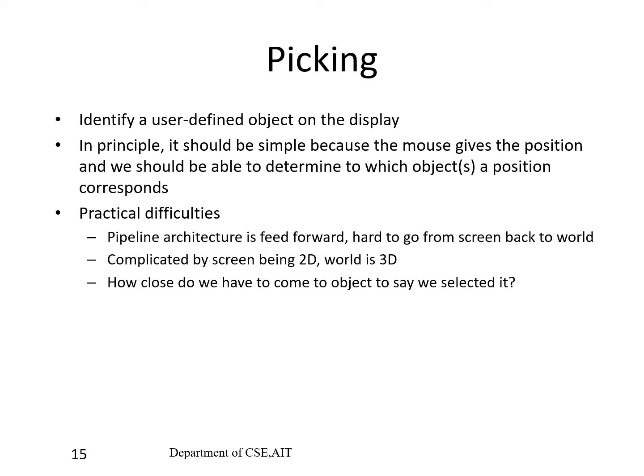And also, if we are having a 2D scene, and when you go for a 3D scene, it is still more complicated. And then it depends upon the device, the mouse, the display, and the software, how close we are going to come to an object to select it. That means if we are able to select an object which is represented even in a very small way, then we have done really well in our programming, or the hardware and the sensors and the mouse and all these things. So these are the constraints we are going to come across when we go for the picking procedure.